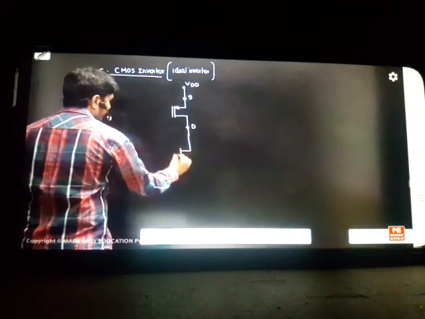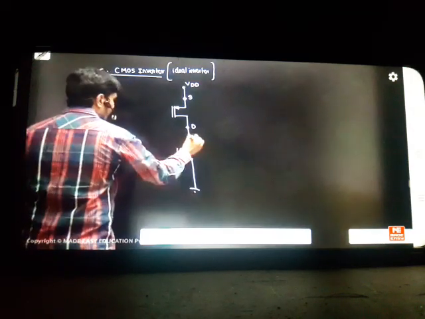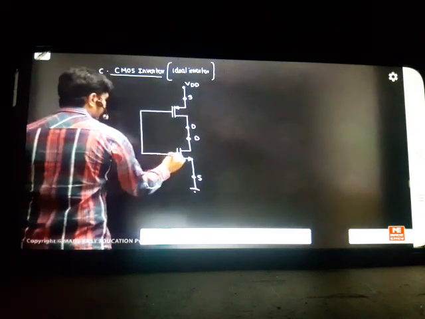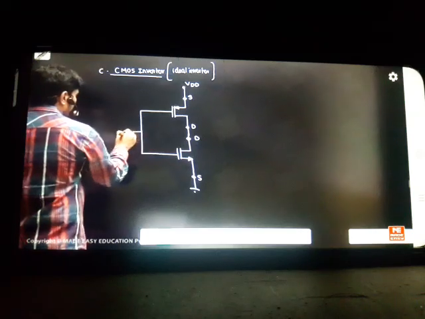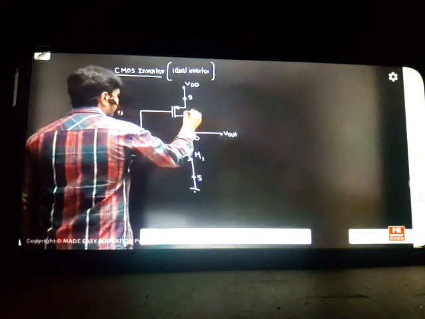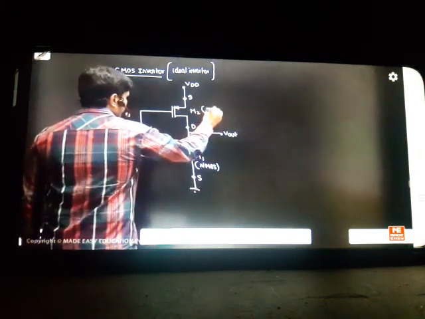First I have taken a PMOS at the top. At the bottom, I take an NMOS here. Here again the drain is there, and we have the source. And I'm just making a closed package like this: one NMOS and one PMOS packed together. I'll give the input to both at a time, and I'll take the output at the drain. See the trick here? This is M1, this is M2. M1 we take as the NMOS now in the class, and this we take as the PMOS.